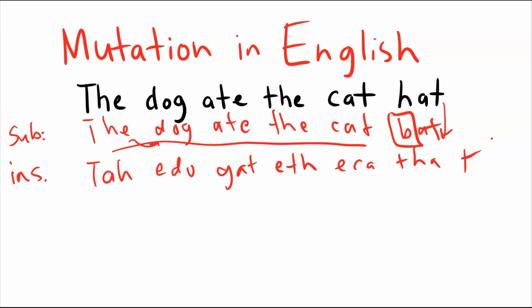Okay, so your message goes from being "the dog ate the cat hat" to "ta ito gat ethe aka." So you can see that's pretty much gibberish. The same can be seen inside substitutions. Or I'm sorry, deletions. So let's look at a deletion. Let's instead delete this H right here. So then the message becomes